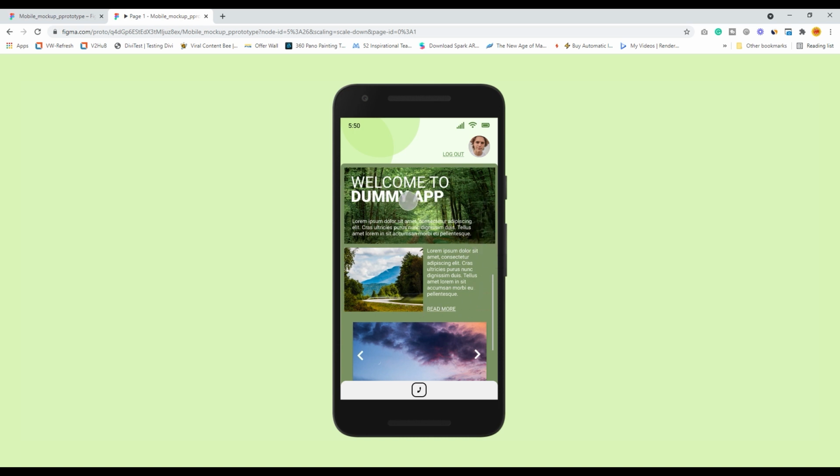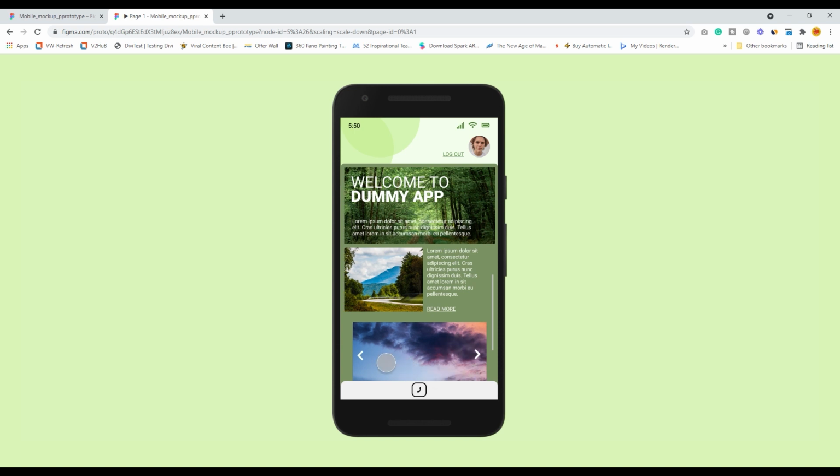Over here see how nicely you can create your app. And if you have seen, the profile picture of Jeff has animated and moved to the side in a smaller icon. So those things can also be done in Figma. Over at the top you have a big bold header image. You have a smaller image at the bottom with a little bit of text at the side explaining about this app, and there is a read more link to take you to the next screen.